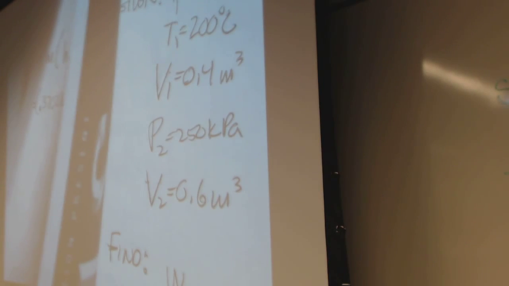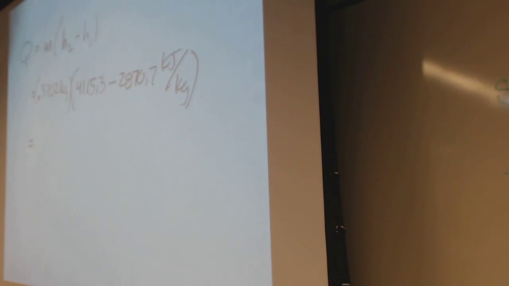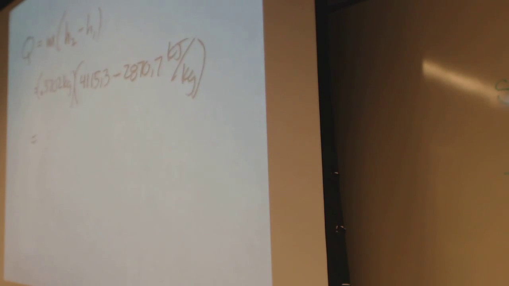We've got two H values for the two different states that we cheated on, but by golly, we got them. 4115.3 minus the low one was 2870.7 kilojoules per kilogram, which is going to give us a total energy